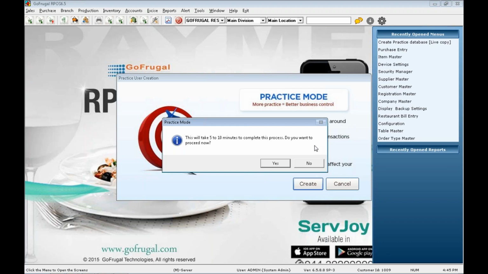For the demo, I have already created the practice database. Let me show how the GST transaction will work in the practice database.